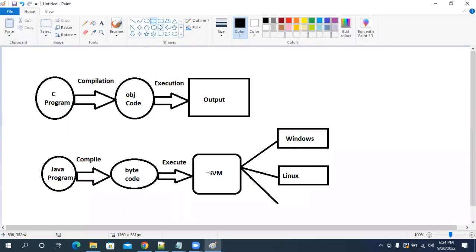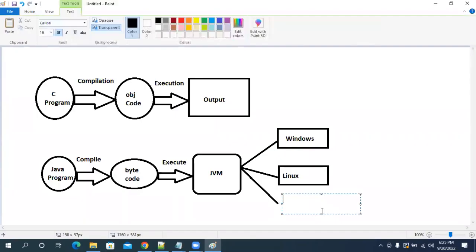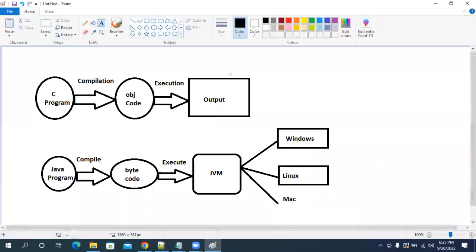When you install Java, the JVM will come automatically. Whenever you run the program, the JVM will start automatically. What is the role of the JVM in Java? The JVM will convert bytecode into machine understandable format. If I am using a Mac system, that bytecode will be converted into Mac operating system understandable format. Are you guys clear with this?